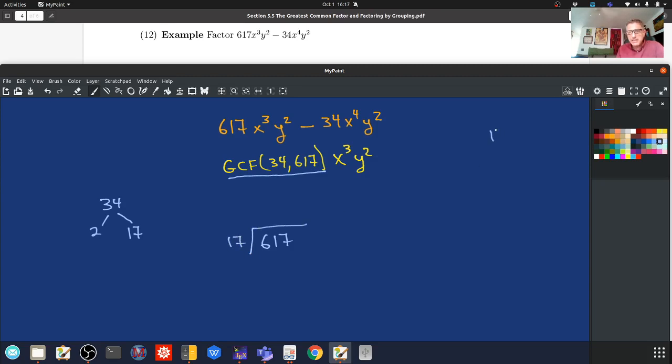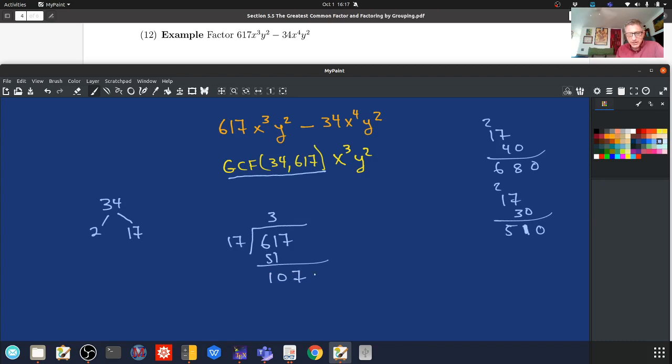So I'm going to take a guess that 40 is going to get us close. 680, too much. 30. 17 will go into 61 3 times. And 3 times 17 is 51. And that's